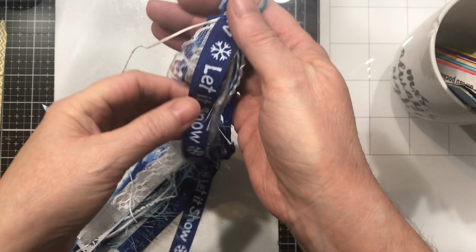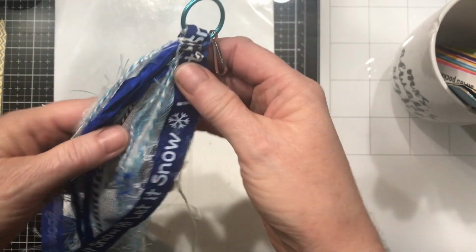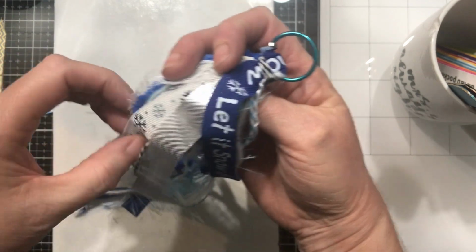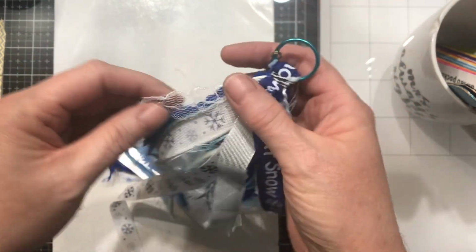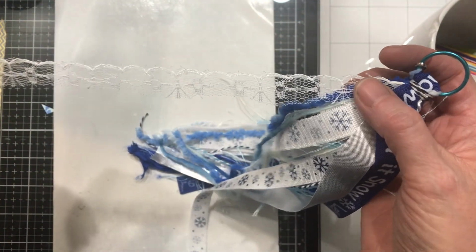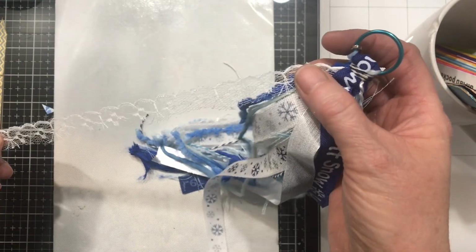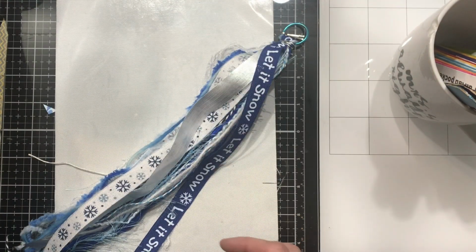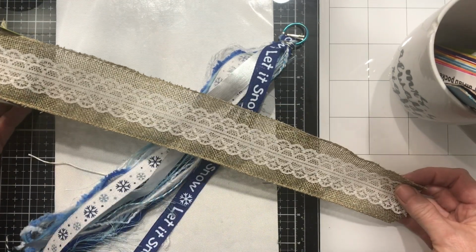I haven't done the elements yet that use this ribbon, but I'm planning to. But you've seen me use this one on the snowman tag. I'm going to incorporate some smaller laces. This was the only thin white lace I had, but I'm going to Hobby Lobby tomorrow, so there will be thin lace in my future. Of course, maybe there won't be, because I have tons of this burlap and white lace